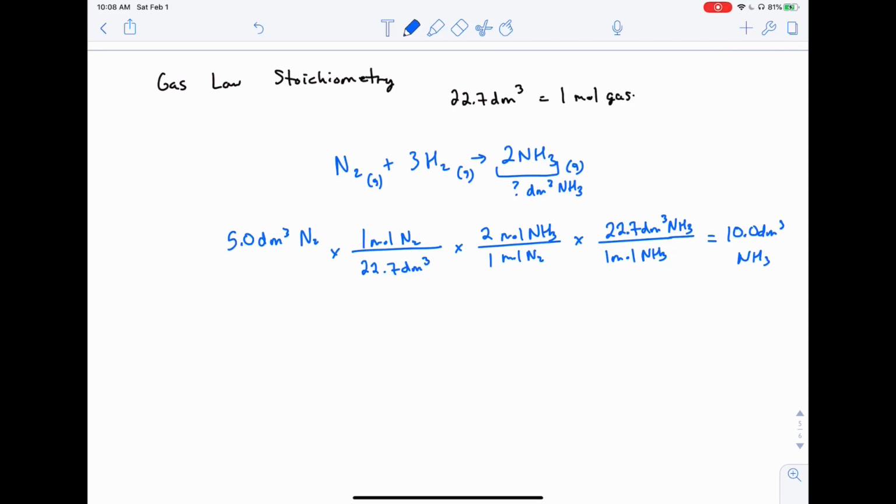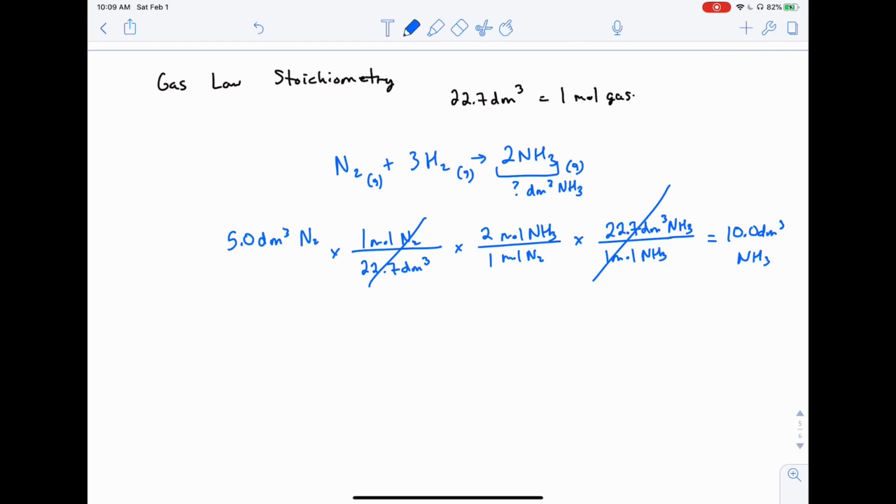Okay. Does anyone have any observations about this problem that we just solved? Anyone have anything that we could do to simplify it? Yes, Melissa. Okay. Why is that, Melissa? Using the mole ratio, why is that? Okay. So in this problem, what cancels out, Melissa? The 22.7. Because